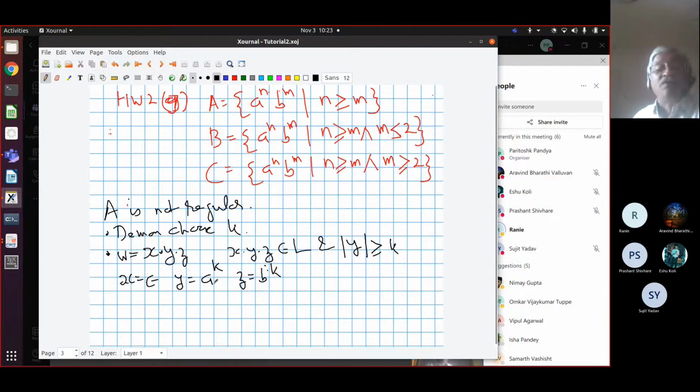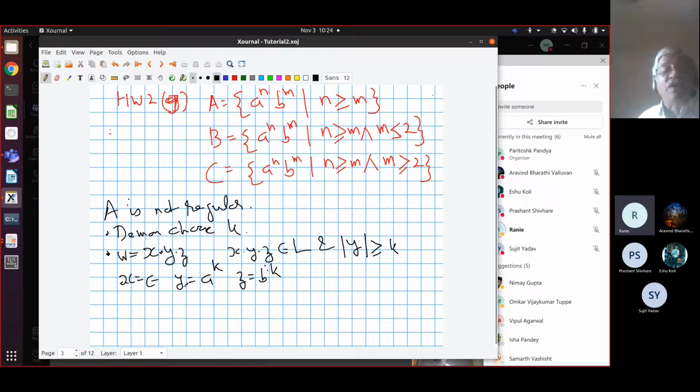So choose this word, and we give this long word to the daemon, and we claim that this is not pumpable, right? Why do we do that? Because by pumping we can change this string Y to something else by adding some extra letters, by repeating some of the substring here. And if you change the number of A's, you will not get A raised to K, B raised to K. You will get something like A raised to K plus 3 if you pump 3 times, right? So do you get the intuition? Yes, sir, I got it.